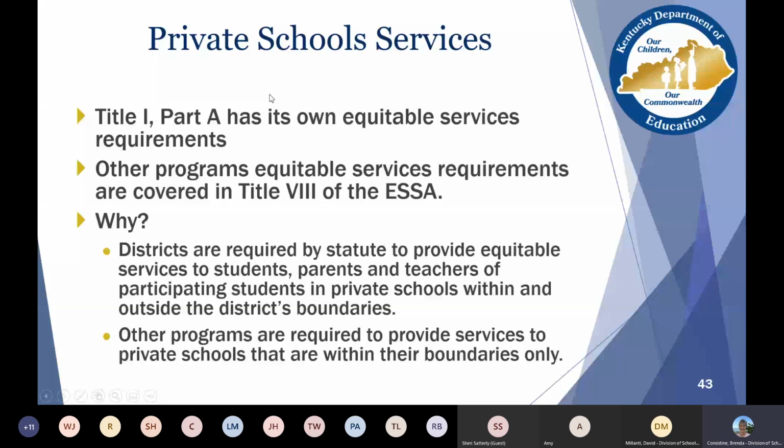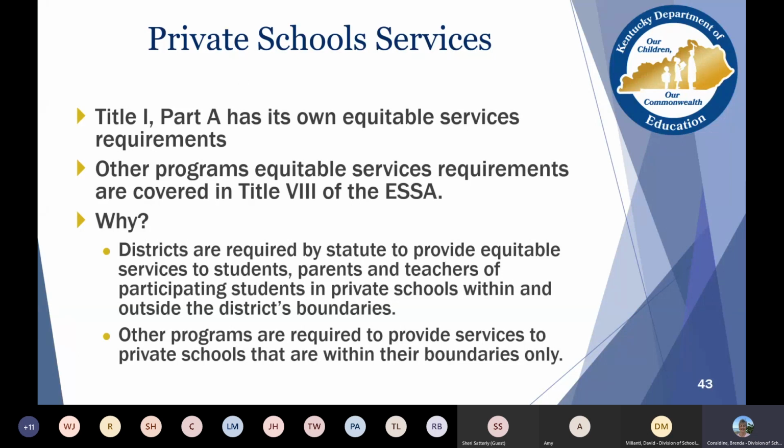So, private school services. Title I Part A has its own equitable service requirements, and other programs have equitable service requirements that are covered under Title VIII of ESSA. Now, there is sometimes some misunderstanding that the Declaration of Participation packet that is for other federal programs includes Title I. It does not.